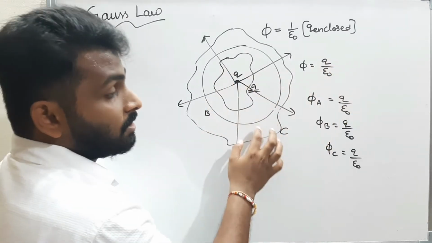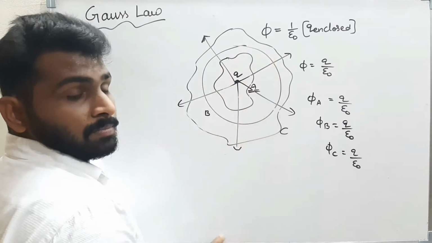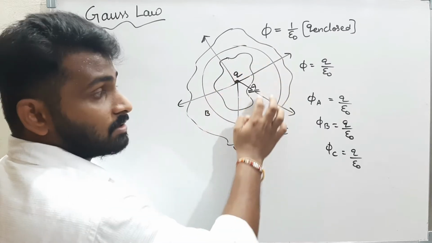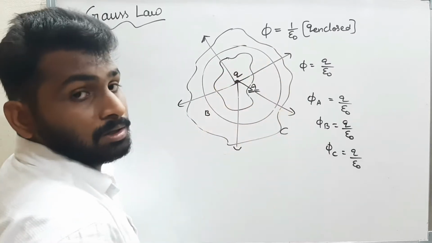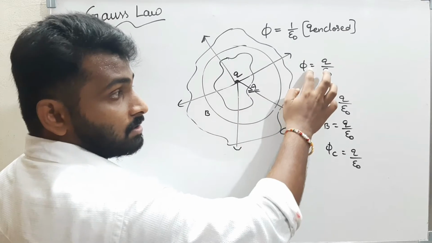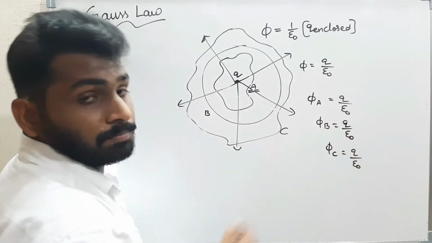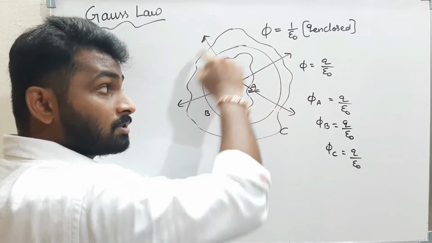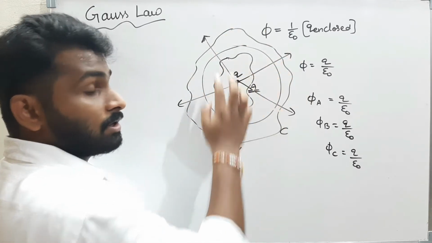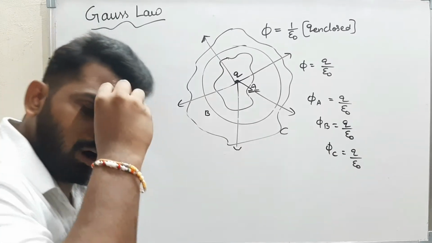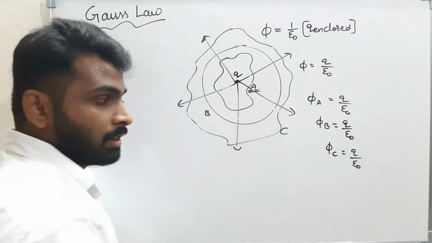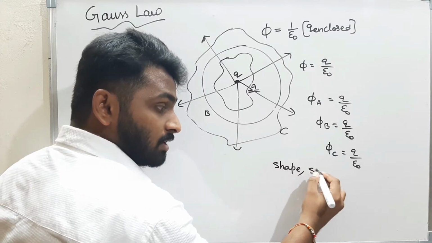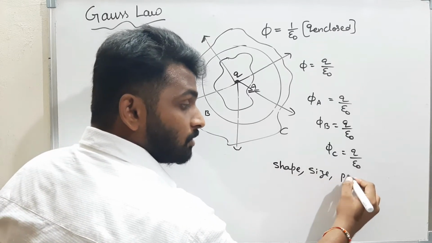I got 5. Now what is the number of field lines passing through B? Even through B, the number of field lines passing is 1, 2, 3, 4, 5. Five only. That means the flux is the same. Therefore, the flux of A and the flux of B are the same. Now for the outer body C, even through this body, the number of field lines passing is 5 only. Therefore, the flux is the same. That means, whatever be the shape of the body, whatever be the size, and whatever be the position of the charge,